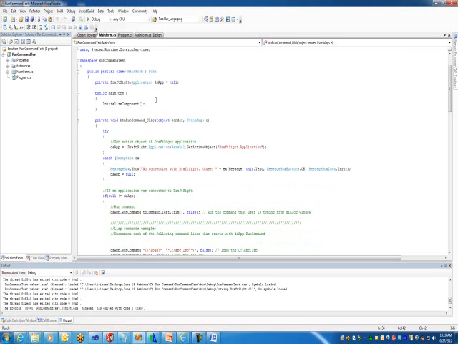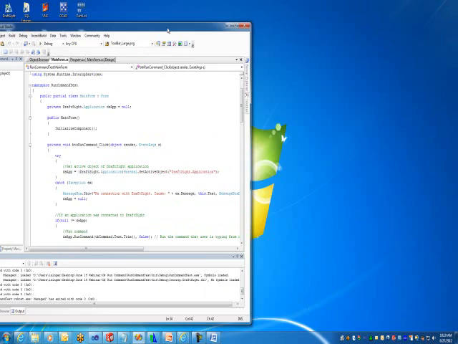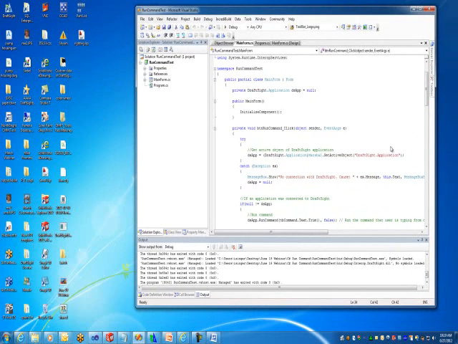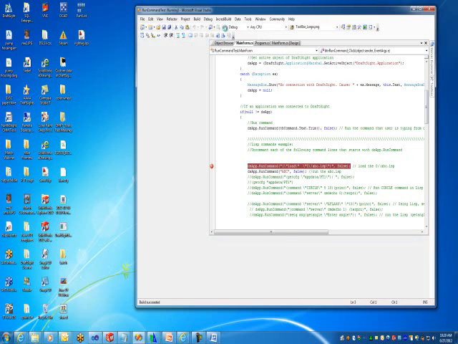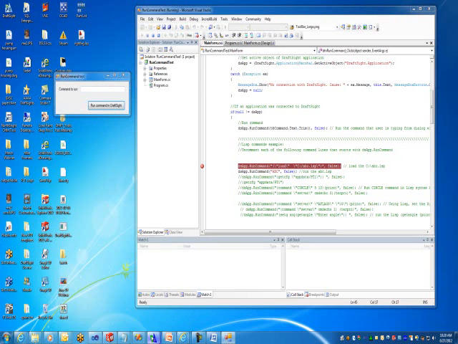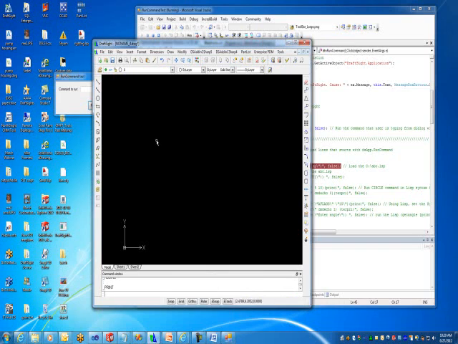And if we run it, let me minimize it. I will put a debug point because I didn't load this Lisp yet, so I want the program to stop over here. But if I run it and I open DraftSight on the side,